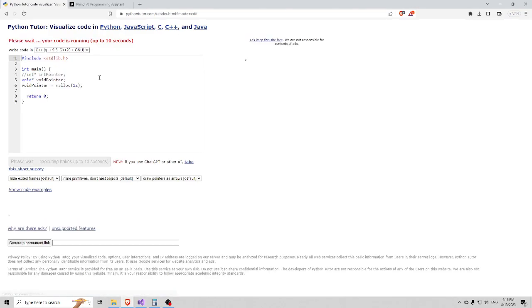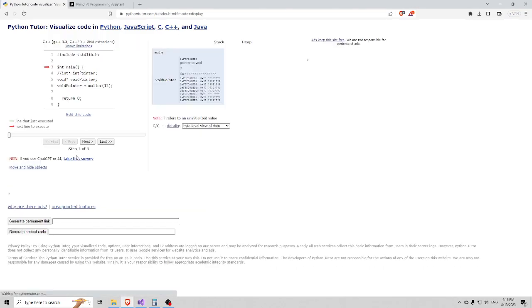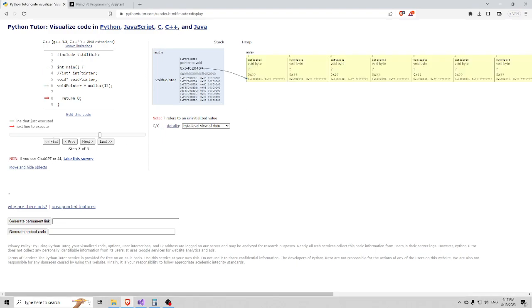So let's visualize this execution. Go over the commented code. We have our void pointer, and now we're going to allocate some memory. Boom. Here's our void pointer. Again, same size as an int pointer. Pointers just have, it looks like, 8 bytes all the time. And it's pointing to this address in space. And you'll notice that this address of